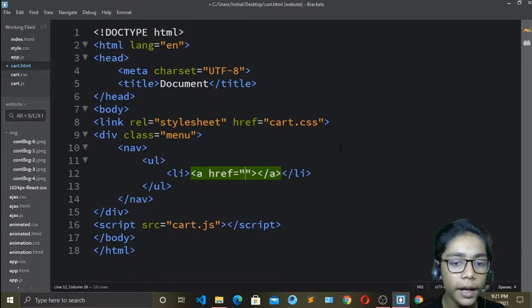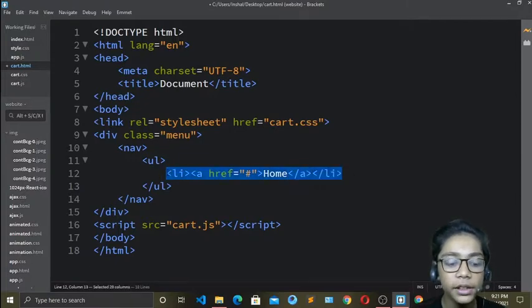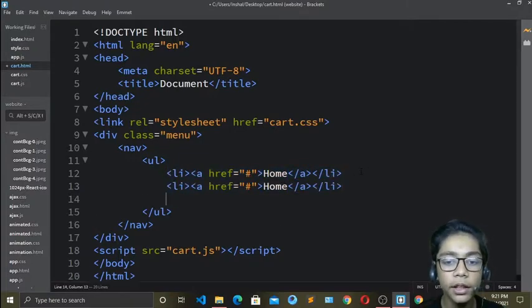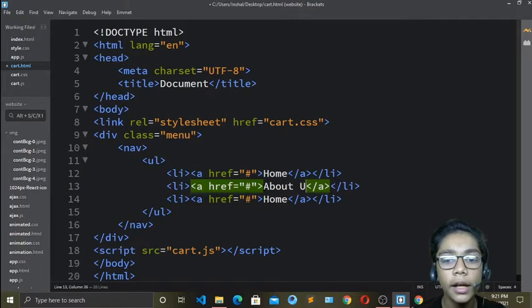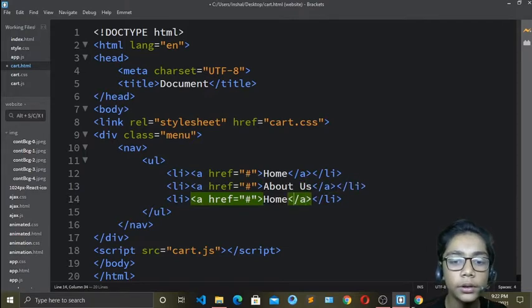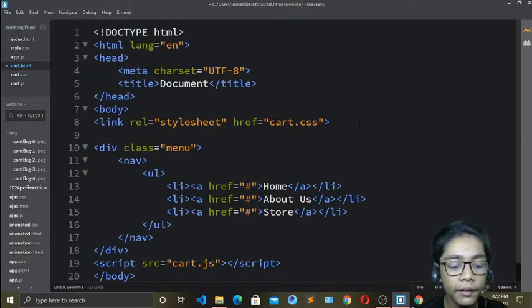Okay, and over here I will write this hashtag sign. And over here I will first of all write home. Okay, and now I will copy this and paste it 2 times, because there were three, like I've shown you, three items on the nav bar. Okay, so I will write about us, and now in the end there was store one, so I will define my store one. So now when you have done that, just hit save over here, and now I will come to the start, and over here I will define a div, and over here I will write guitar.